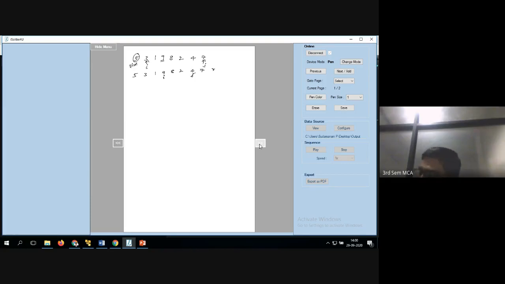Once you write this, if I is less than J, you have to swap A of I comma A of J. So you need to swap these two values. You have to swap it. So now how to swap this? Just write the condition: while I is less than the I value, you can move up to high. You write the low value, and this is called the high value.